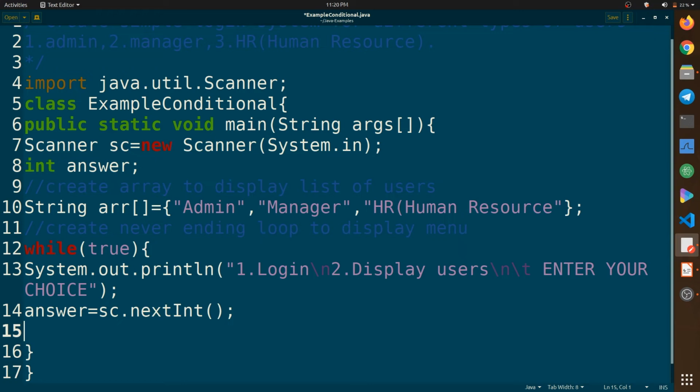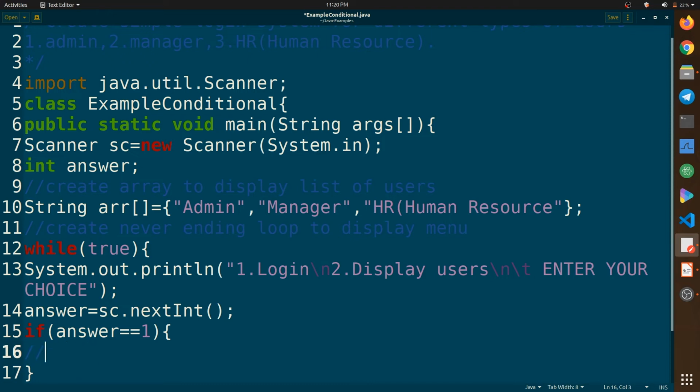So now we want to do something based on what the user answers. So if answer equals to 1, which means the user chooses to log in from the menu, we will ask for credentials from the user.